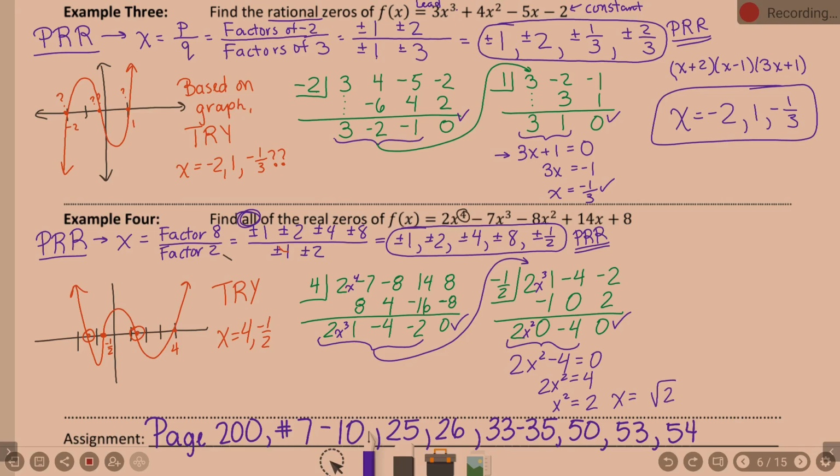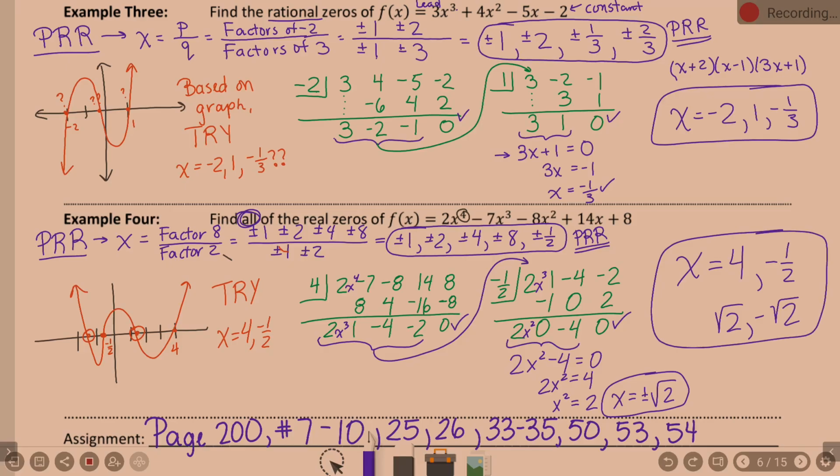Plus or minus the square root of 2. So, my answers: the 4 worked, it was rational. The negative 1/2 worked, it was rational. And then we just found square root of 2 and negative square root of 2. If I use my calculator and actually find those zeros up there, those zeros are going to be 1.414 and